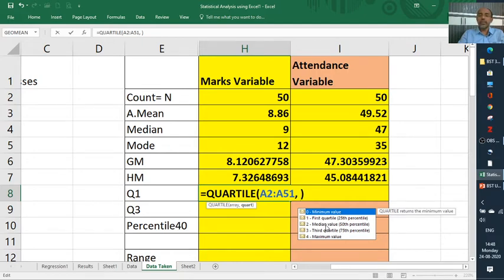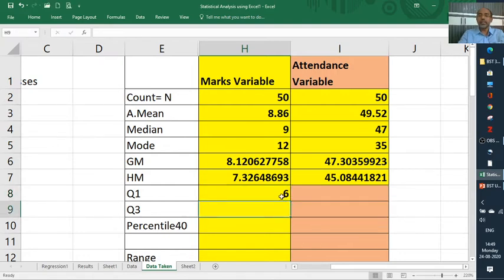Instead of putting the median, we do not require it, so what we do is put 1, which is called the first quartile. You got it? First quartile, how much is it? 6 for the marks variable, then 38 for the attendance variable. The two are different variables, just keep that in mind.